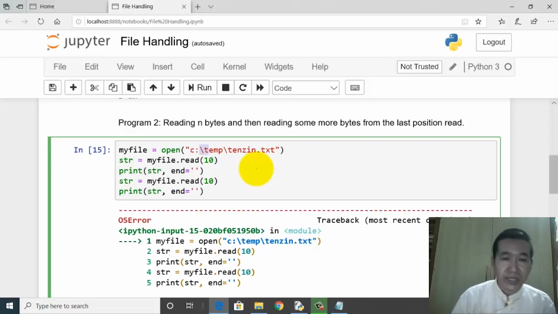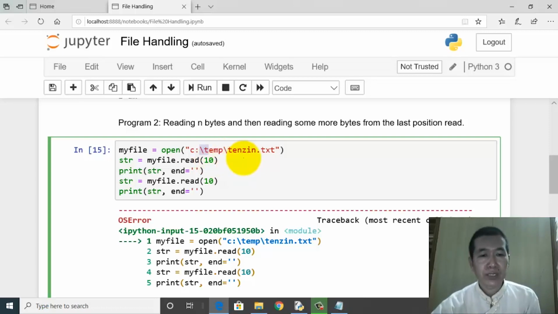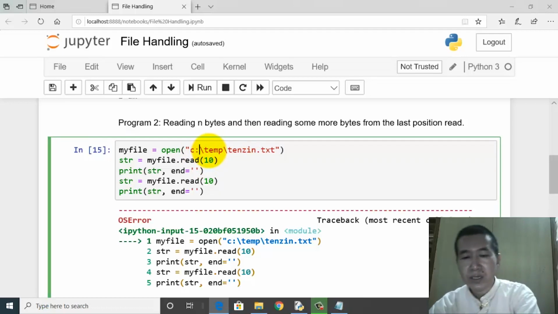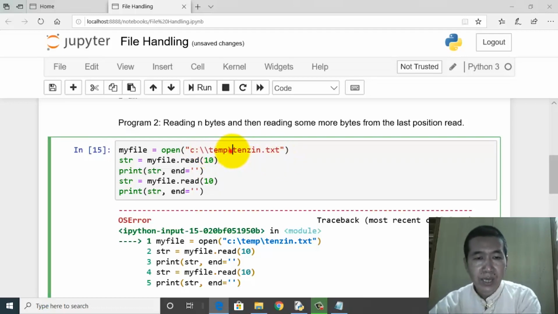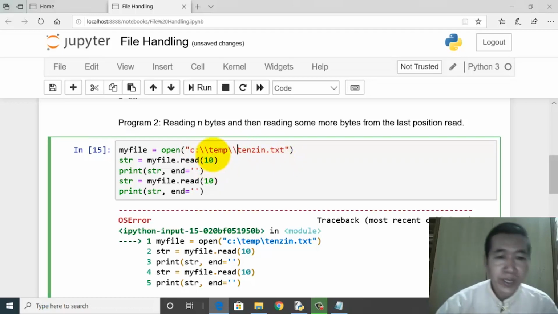So in order to suppress this special meaning which is being carried by the slash, what I do is I put another slash. Likewise here. Which means now this slash will no longer team up with this T, which means there is now no situation of tab effect coming into the program.